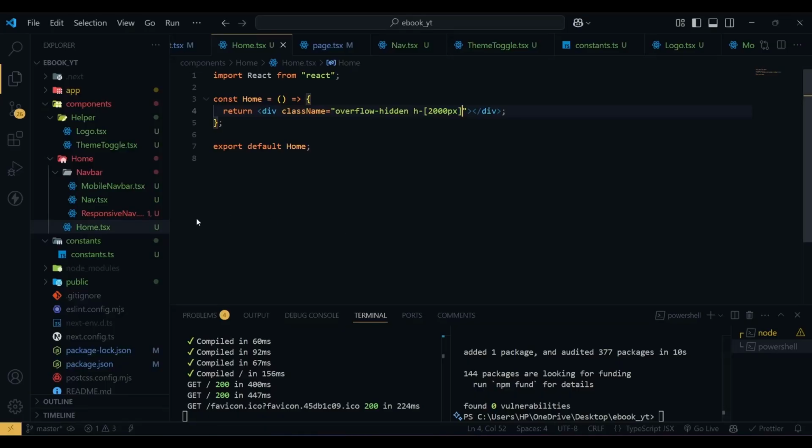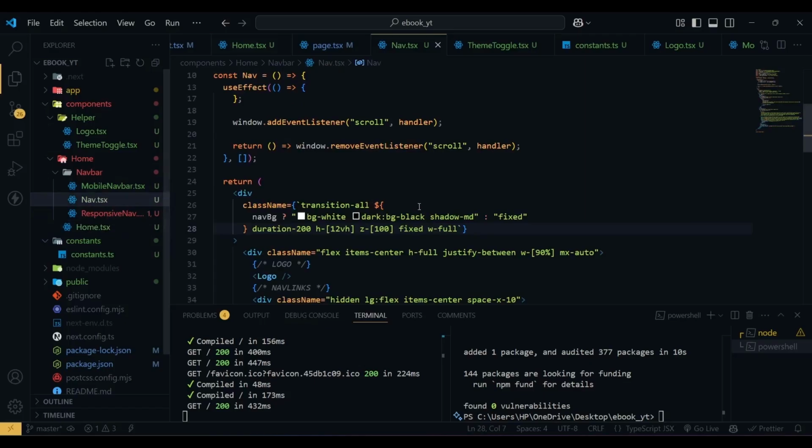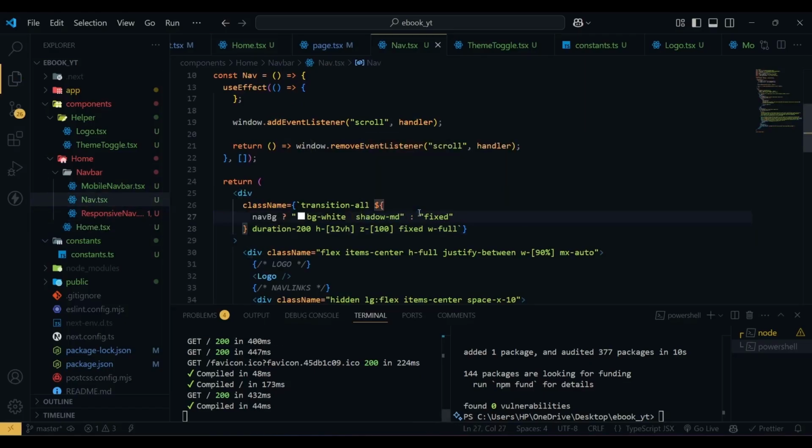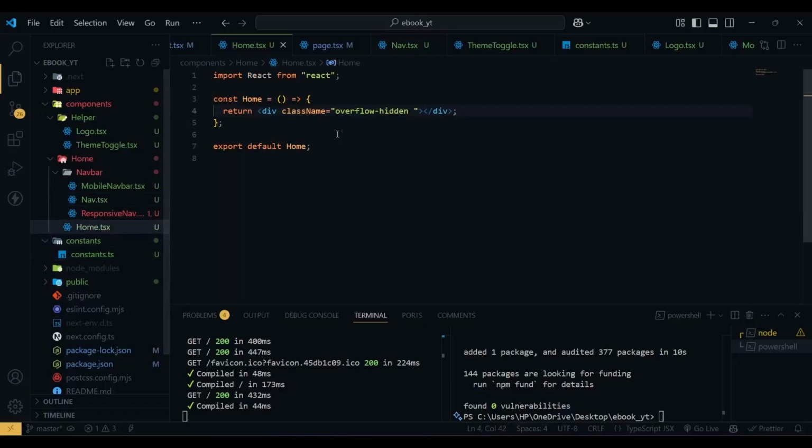Next, remove this height from here, and I'm going to open my navbar and remove this dark functionality. We're going to add this when we implement the dark light functionality. So now if I go to our project, let's add the height again. The height will be 200 pixel. Now if I hit save,